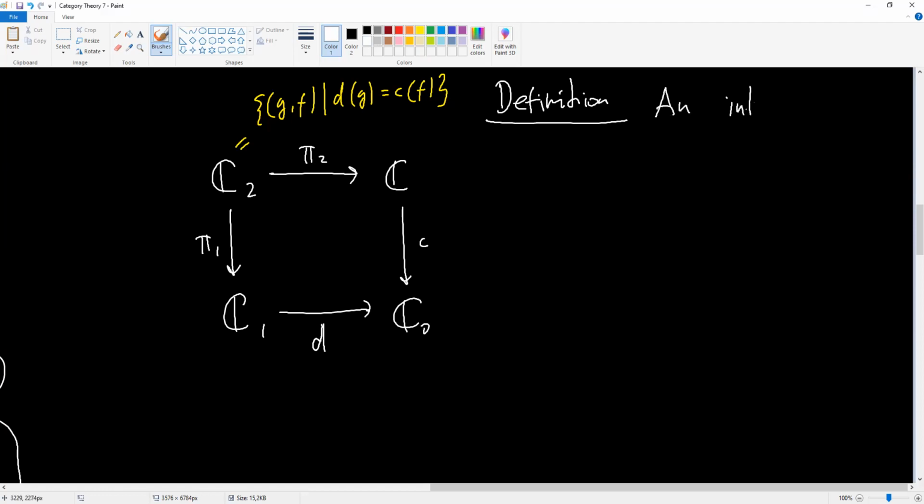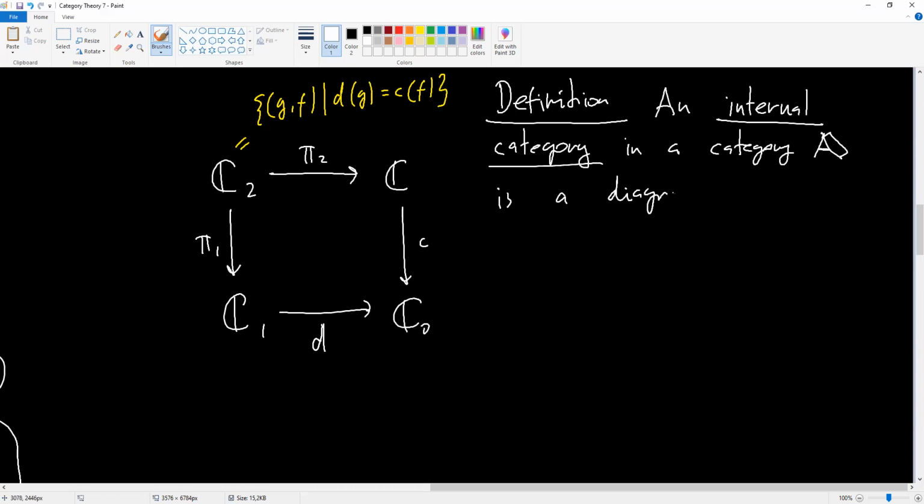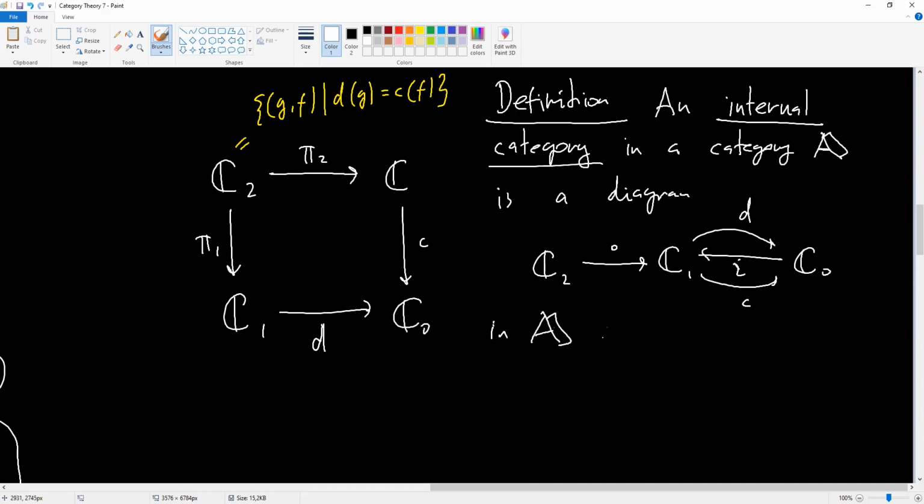So an internal category in a category, I'm going to call this A, is a diagram in A such that,